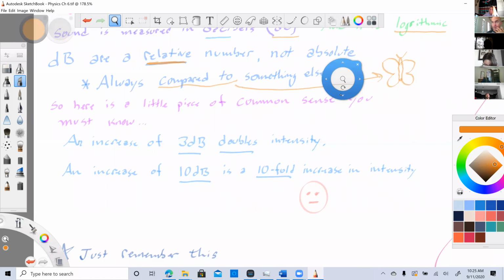Honestly, it's not going to help us, other than getting this question right on your test. Understanding that decibels are relative is relatively useless, and understanding how decibels are logarithmic is somewhat useful, I guess,